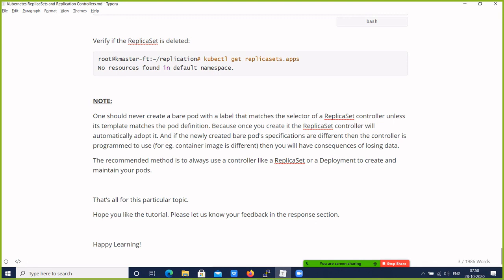And if the newly created bare pod's specification is different from what the controller is programmed to use, for example the container is different, then you will lose data. So be confident and ensure that the label selectors match the image of the container. Okay, the recommended method to